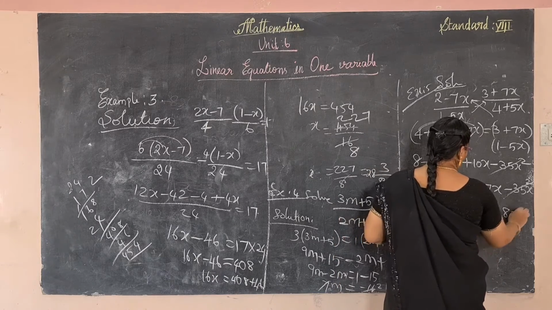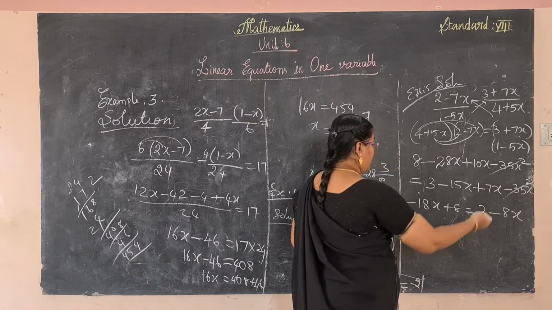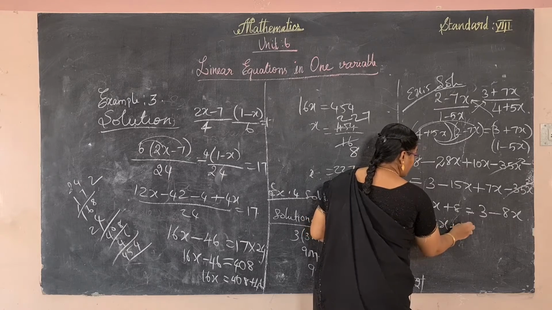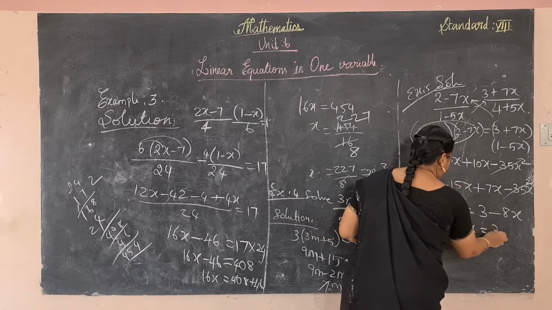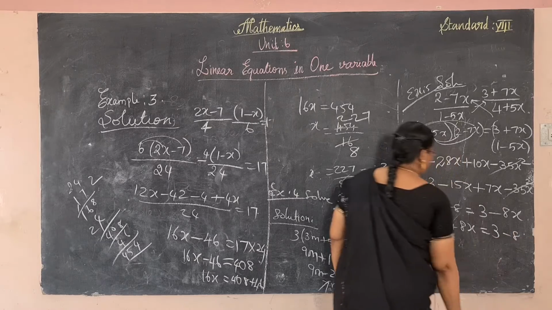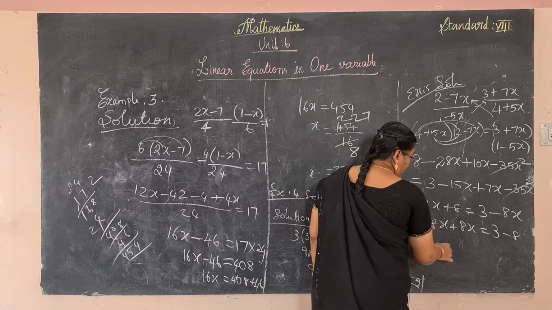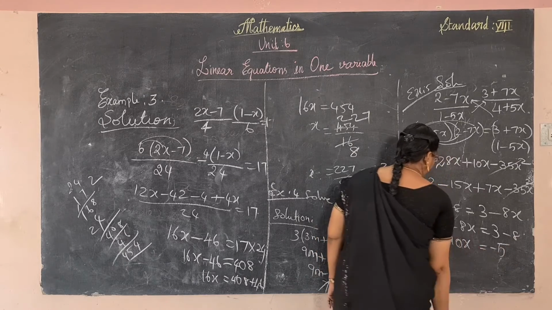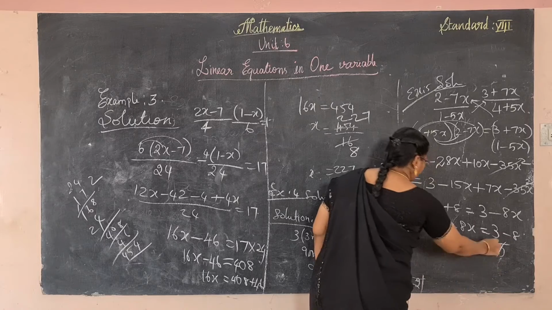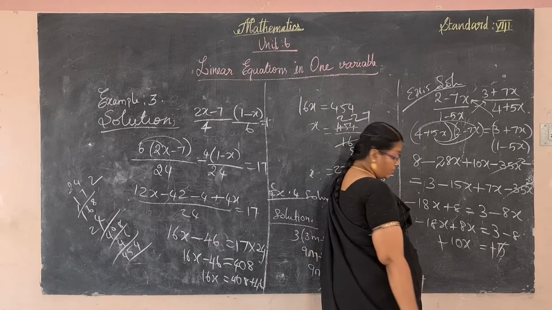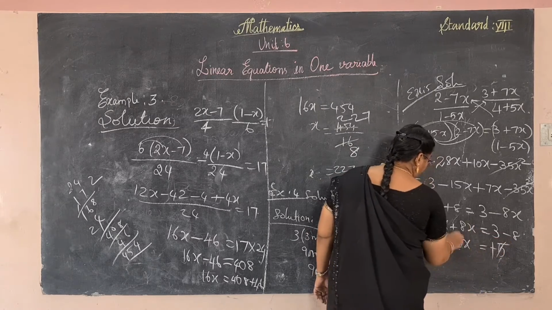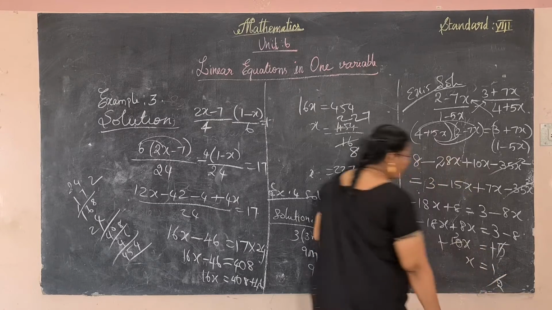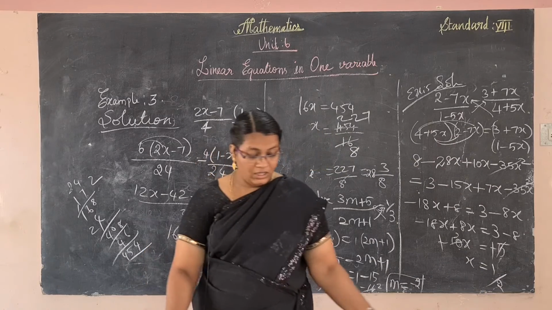So minus 8x. Now minus 8x comes to this side by using the transpose method. Minus 8. 10x minus 10x is equal to minus 5. So it cancels, plus and minus cancel. And then 5 2s are 10, so 10x equal to 5. 2 comes to this side, divided. So the x value is 1 by 2.